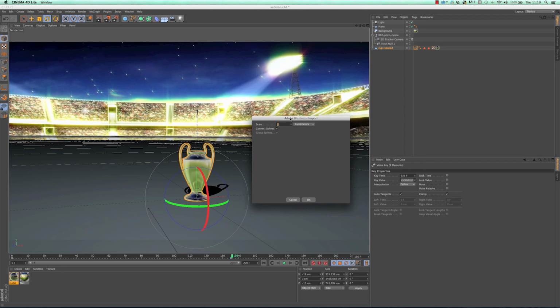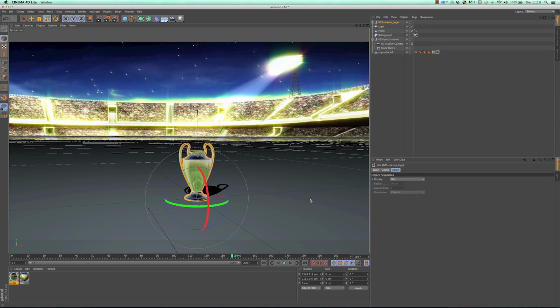I will then get an Adobe Illustrator import, so I can choose how to scale it up. Do I want to connect the splines? Splines is our word for paths, so if you're a bit confused, that's what we call them, splines. So they're like paths in 3D space. So I can choose a scale mode. If I just choose OK, in comes my logo.